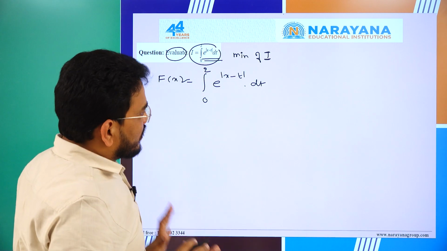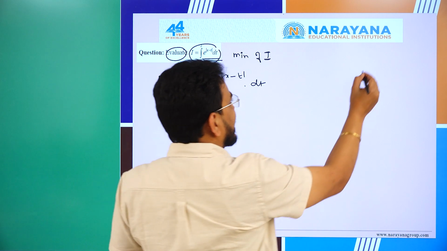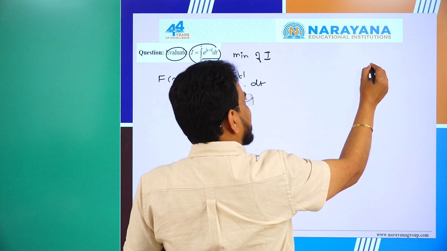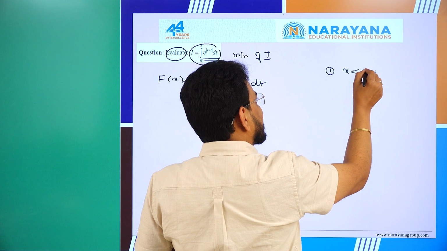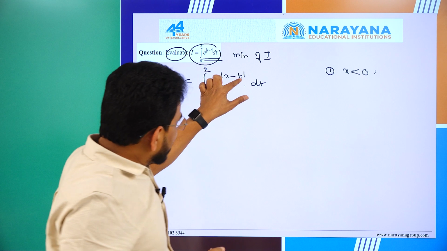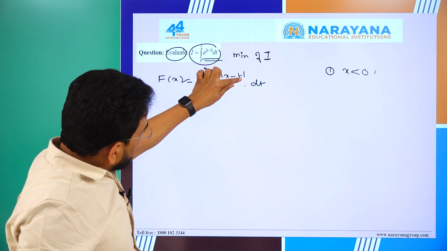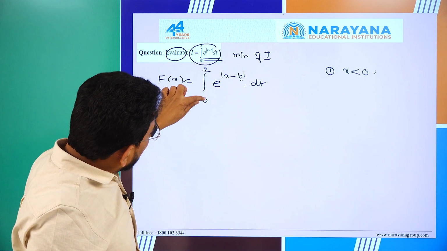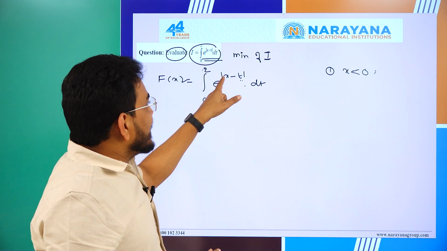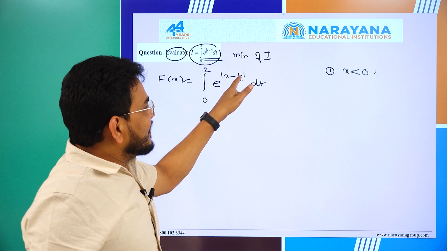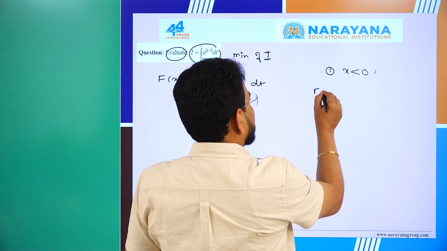So here three cases are there. What is that? Modulus of x minus t is there. So case number 1 is x is less than 0, because t is the variable lying between 0 to 2. So if x is less than 0, so x is less than 0 means this value f of x will